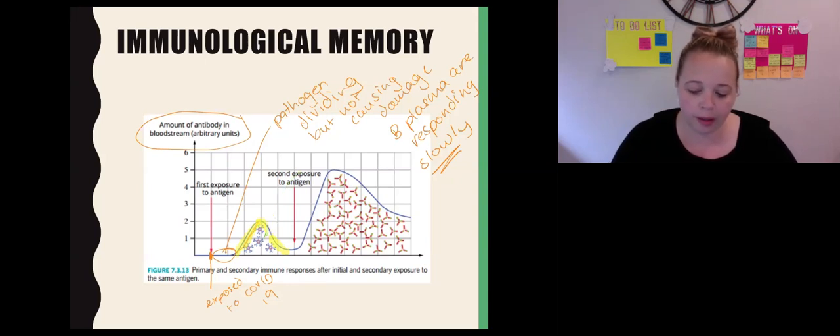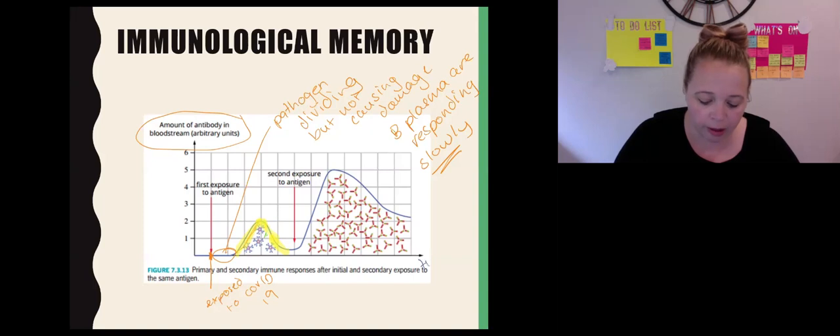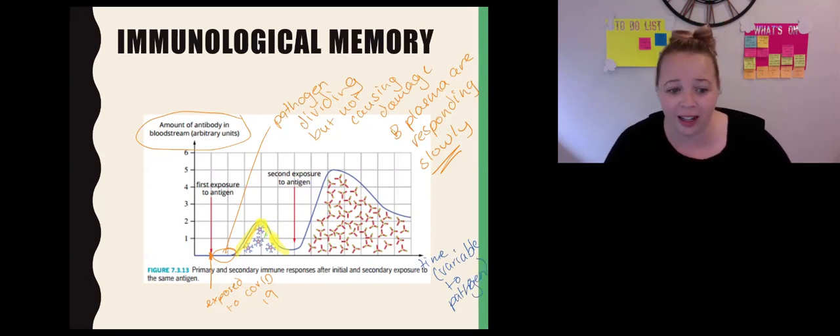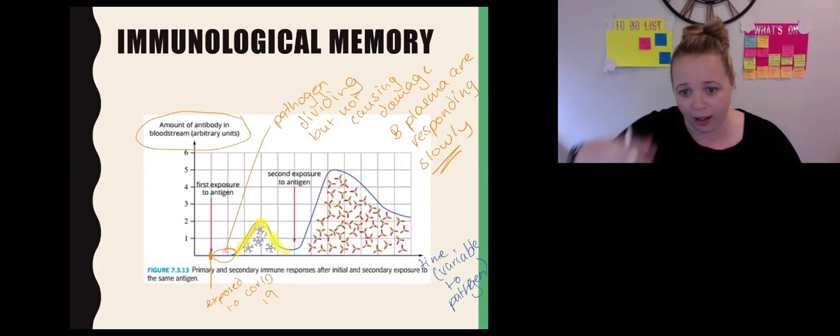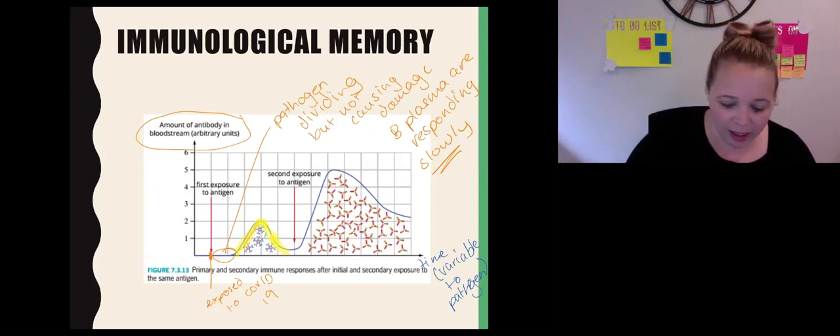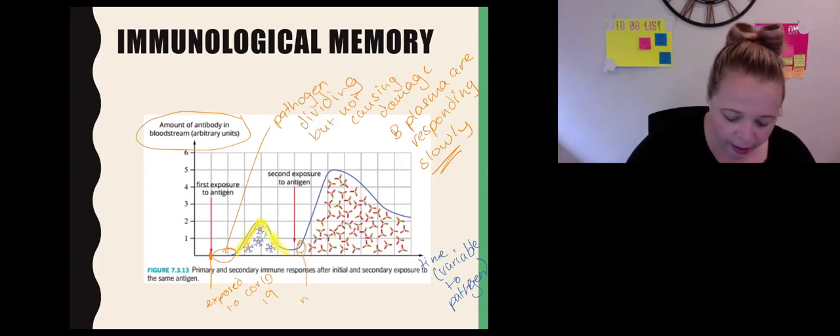But more likely than not, you're going to get better. Your antibody levels will drop. Now this is time on the x-axis, it's very variable depending on the pathogen. And we don't know about it in terms of COVID at the moment, so we don't know how long it's going to take for these antibody levels to drop. So say you got exposed again, have a look at how fast this is. There is no delay, or little delay.